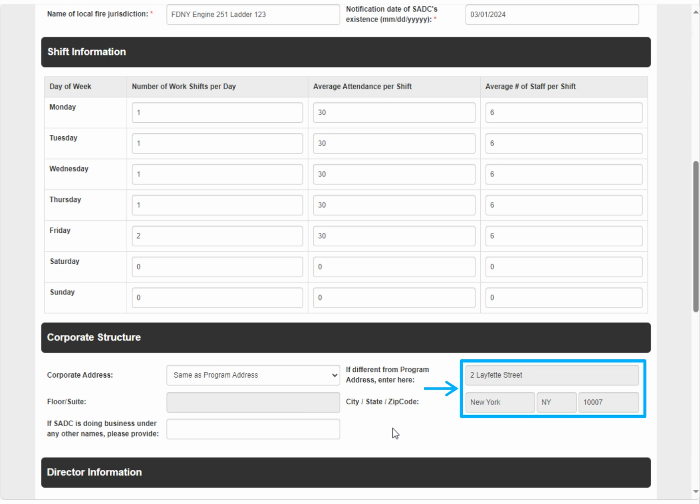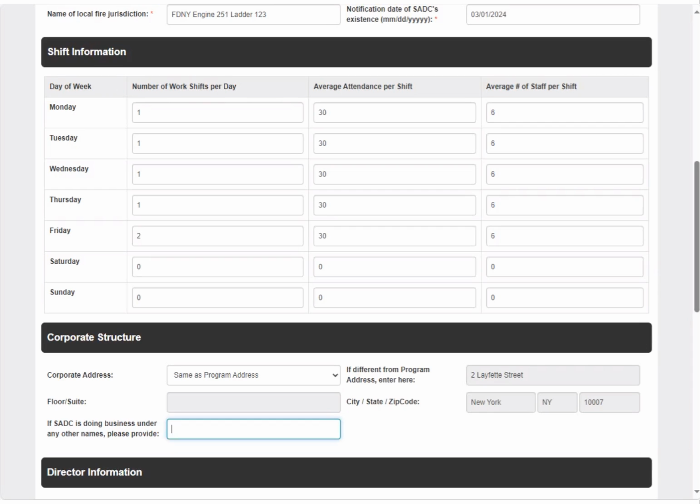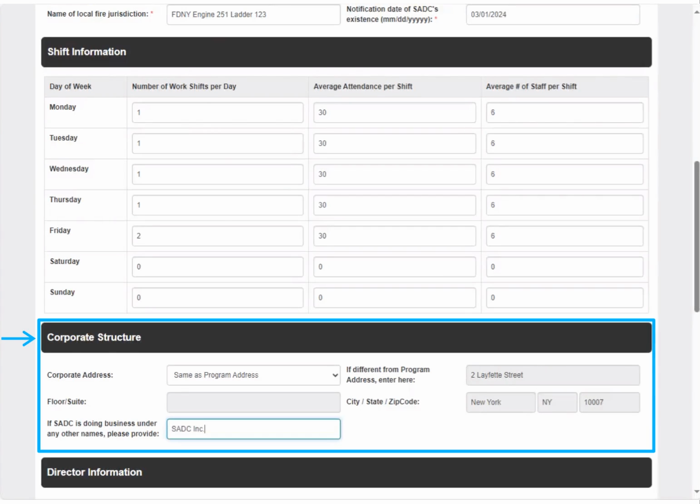Depending on whether or not your program does business under another name, you may need to enter that name in the if SADC is doing business under any other names field. For example, our program does business under the name of SADC Inc. Now that we've finished filling in the corporate structure section,